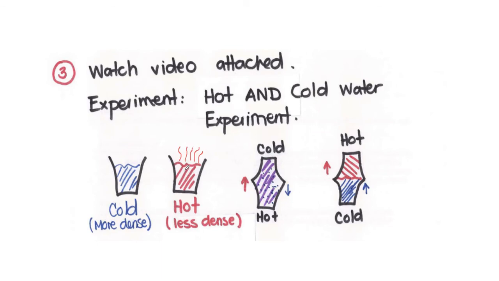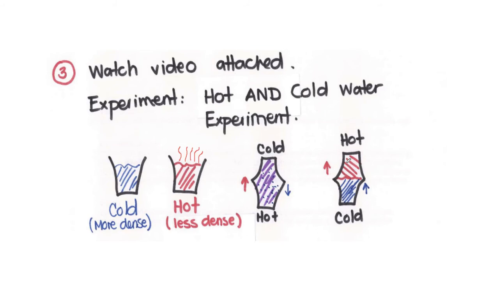Why? Because the hot water is less dense. Now, this is when the new knowledge comes, that you are able to explain now from a scientific point of view why the hot water goes up. It's because it's less dense than the cold water. So the hot water is going to go up and the cold water is going to fill the space. So it's going to go down. So that means that it's going to mix together, and that's why the water becomes purple.